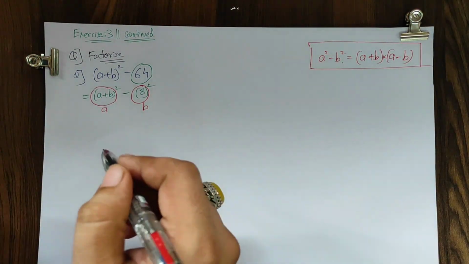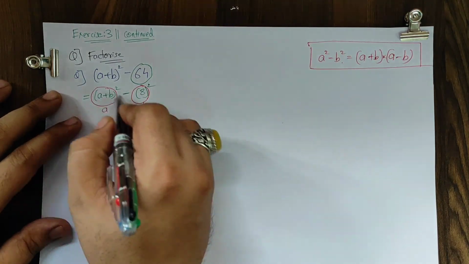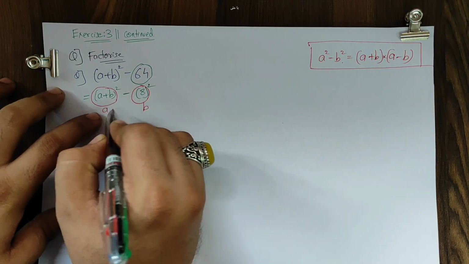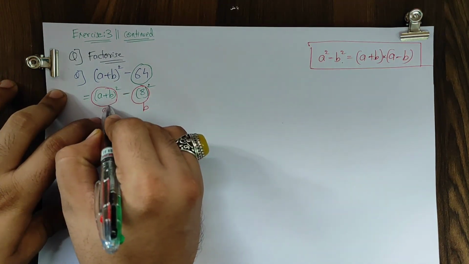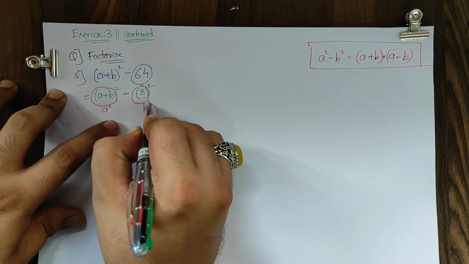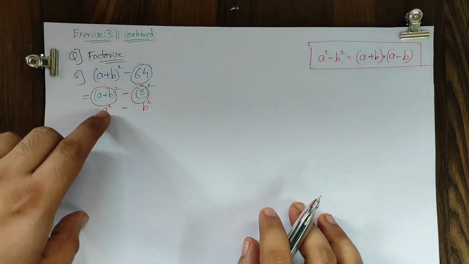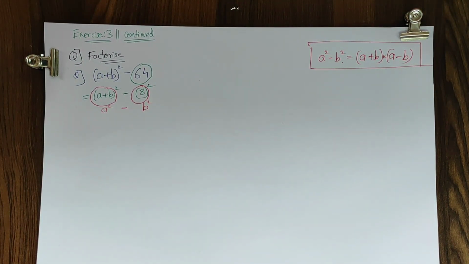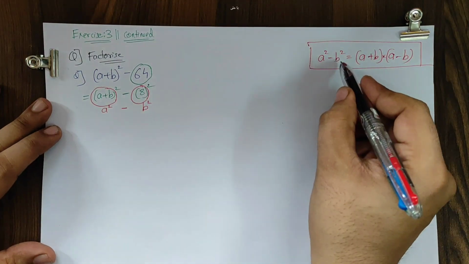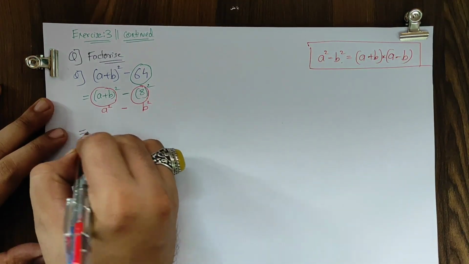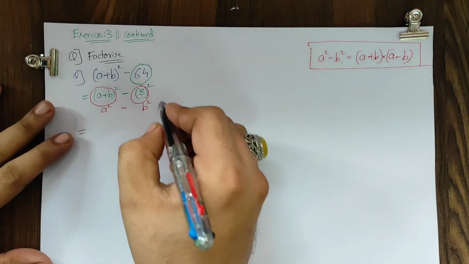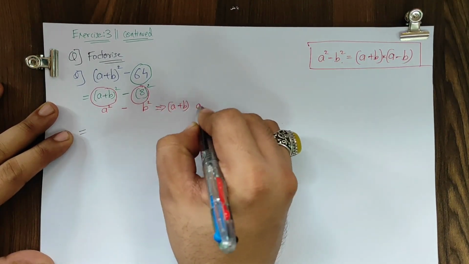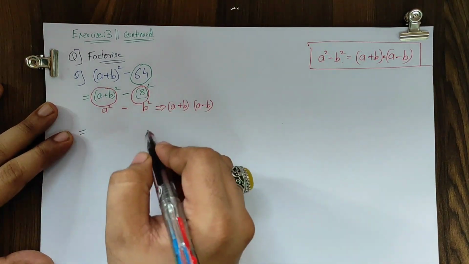In my submind, students, I am considering कि मेरा a कौन है? यहाँ पे in my submind I am considering कि a plus b मेरे a की तरह है और 8 मेरे b की तरह है. तो ये (a plus b) का स्क्वायर मतलब a स्क्वायर, ये b स्क्वायर, बीच में माइनस है. So it's like a square minus b square, students. Okay, now you all tell me what's the formula? Formula है a square minus b square is (a plus b) into (a minus b). Okay, I'll write the formula here. It's a plus b multiplied by a minus b.